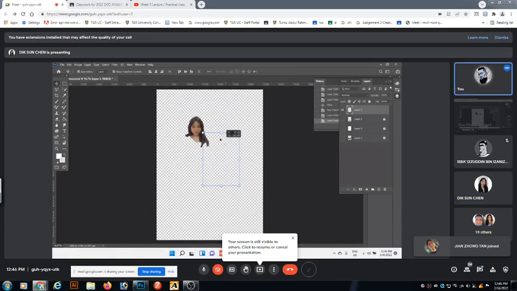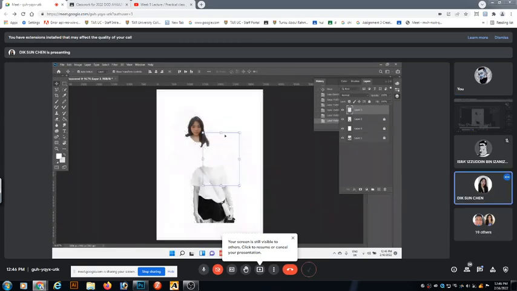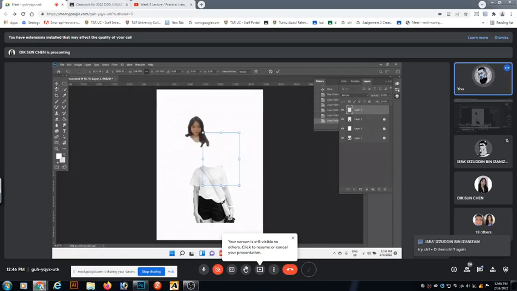I don't think that's a transform. That is not transformed, right?